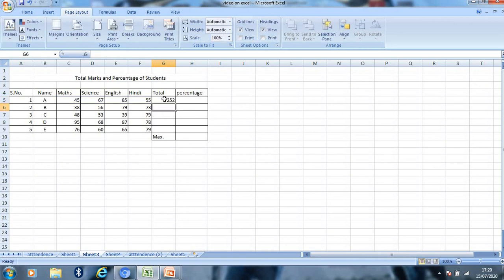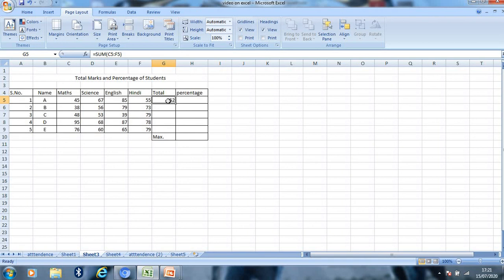the enter button. Here the total marks of student A will be calculated, and we do not need to write the formula every time.